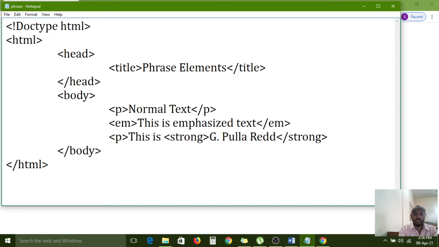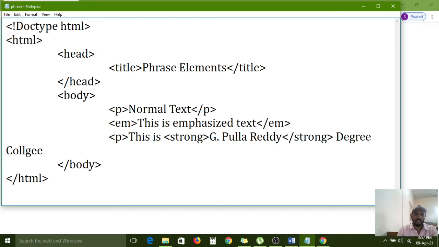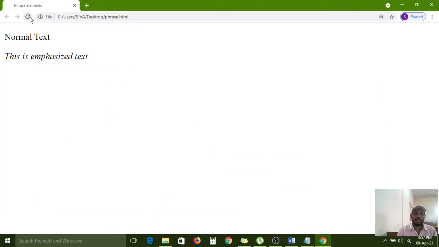Only the strong tag is configured for the words G. Pullareddy, then degree college. Then you can see the difference between normal text and strong text. I am refreshing this page; all of you carefully observe. It is printing in the bold way, so that's why it is called this.